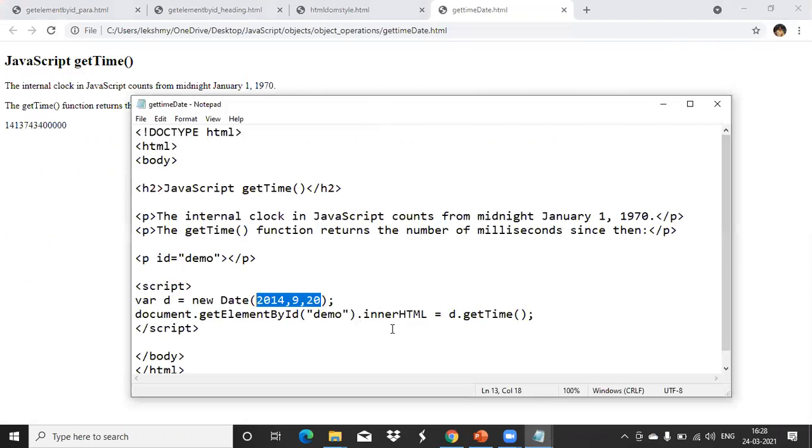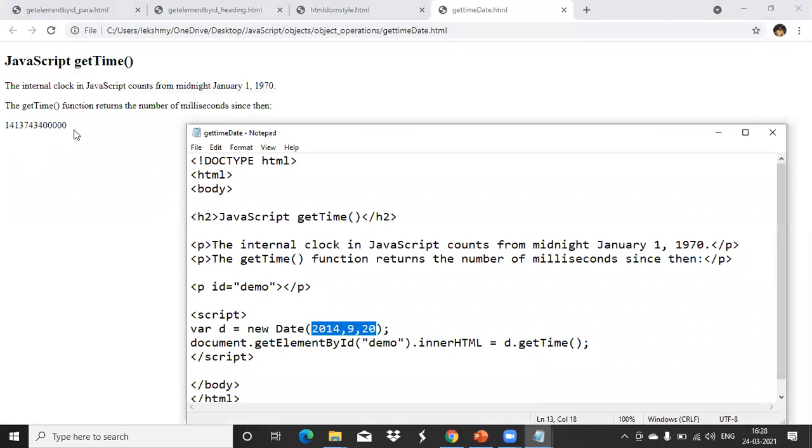You can pass like this, then it will show you the milliseconds. This was not working in yesterday's programs because I just used document.write only for time values. So it is better to use document.getElementById. Any doubt in this? Clear?